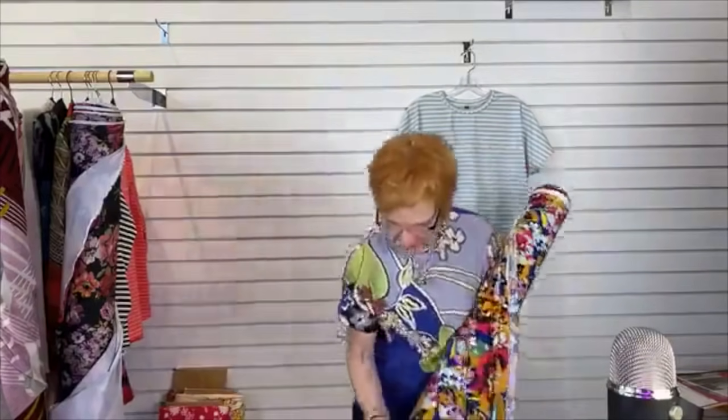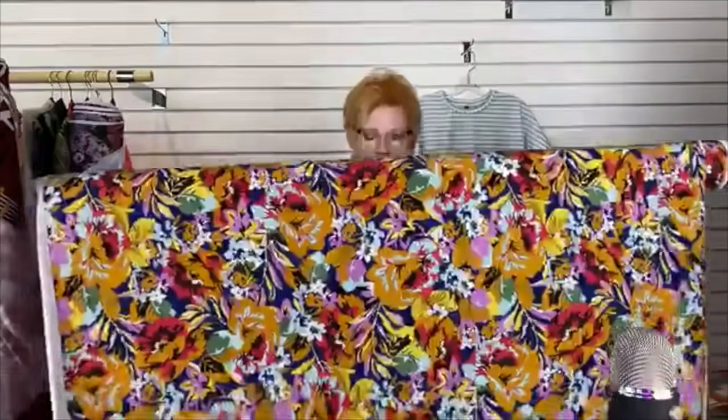But I ran into a couple of them recently. We just purchased them and they just came in, that are ITY knits that are not shiny and they're not glossy and they're not swimsuity. So I'm really crazy about them, and I thought I would show them to you. So this is a wonderful